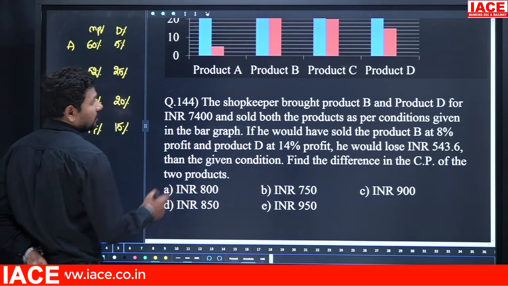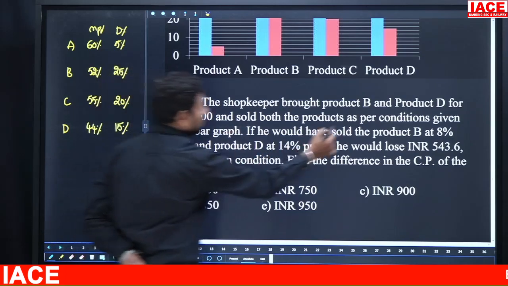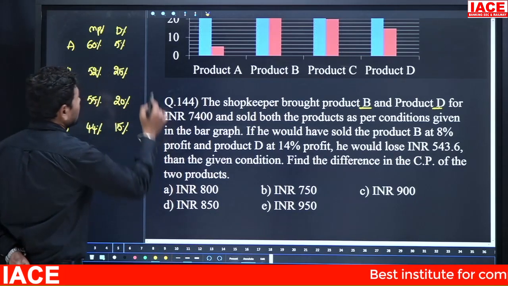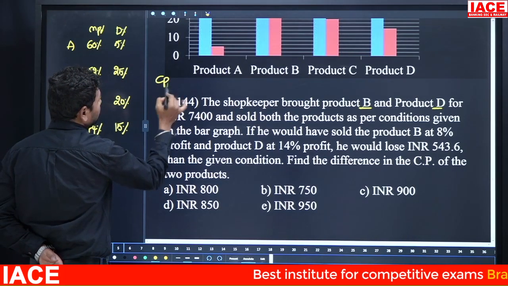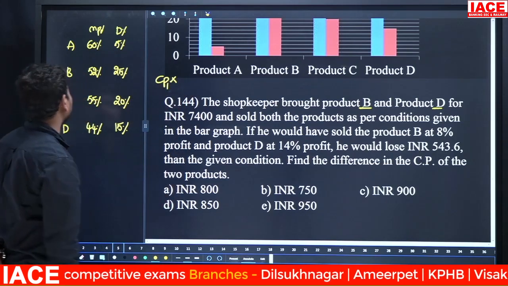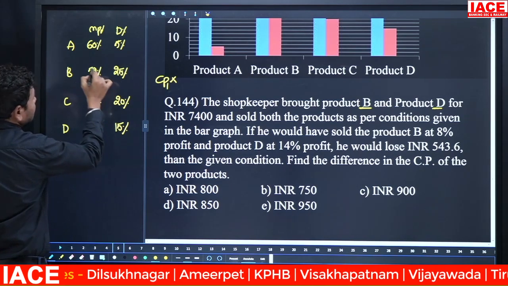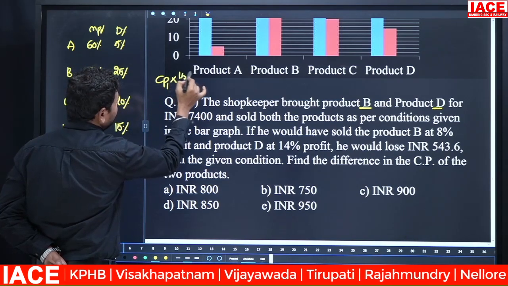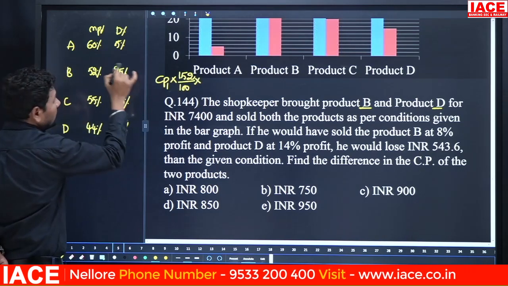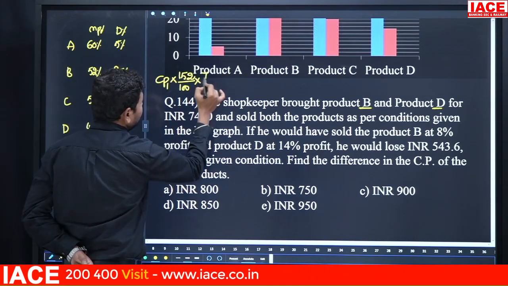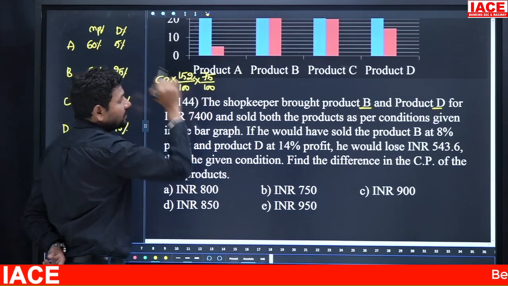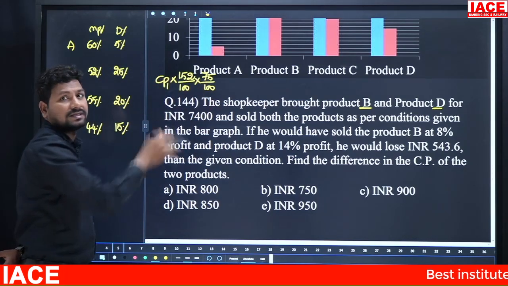First, what are the products? B and D. First, product B's cost price is assumed CP1. This CP1 is going to be increased by how much percentage? 52% increase means it becomes 152 by 100, that is, you can write 1.52 also. After that, a 25% discount is allowed. 25% discount means the product is sold for 75%. Now CP1 became the market price, and then the selling price. Now the selling price of the product is completed.